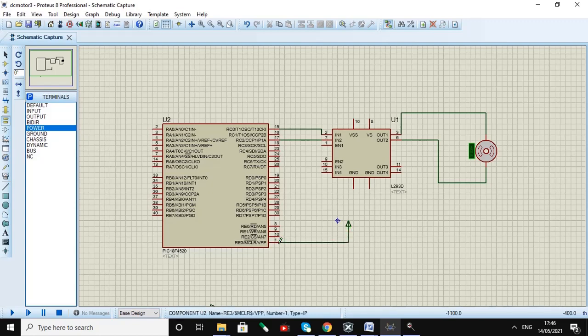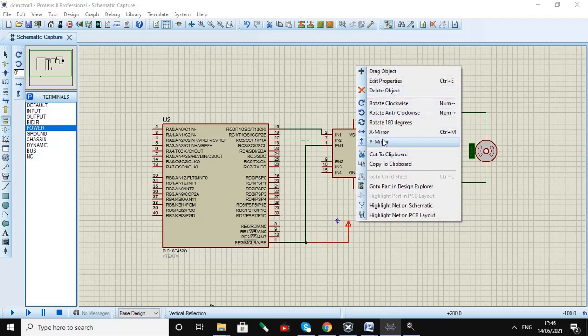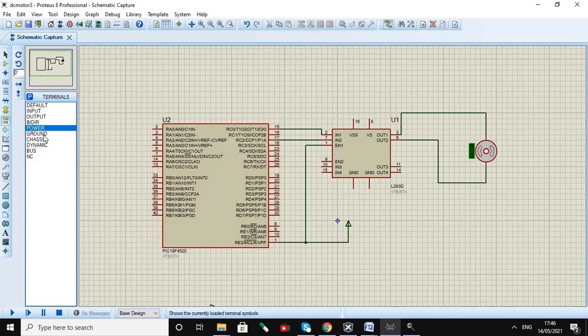Connect the power, then connect enable 1 to it, and also power to pin number 16, and ground to the ground pins of the IC.